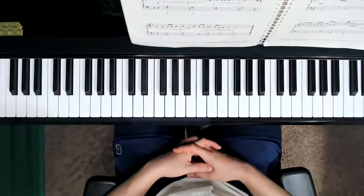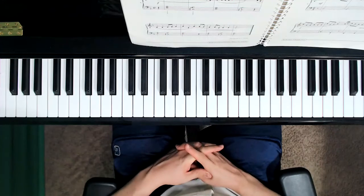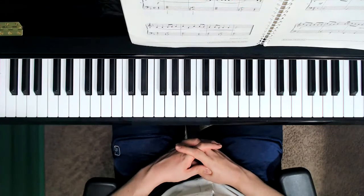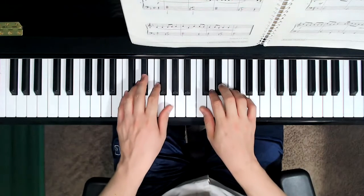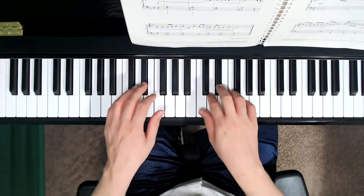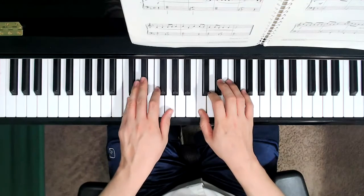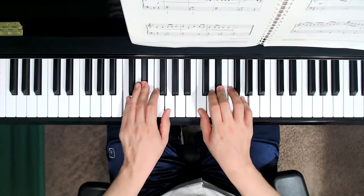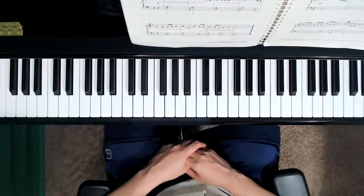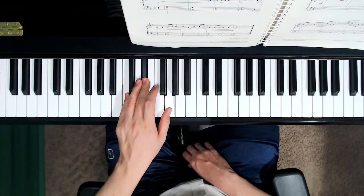Very interesting spiritual. And now it's asking us to transpose from the key of D minor to C minor. So let's go ahead and take our hands, place it in C minor position. Then we're going to play a pentascale. Okay, so E flat is going to be part of that. From C minor chord,